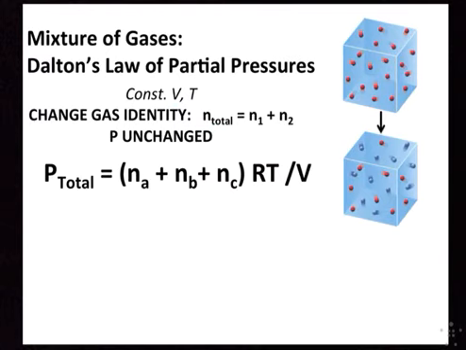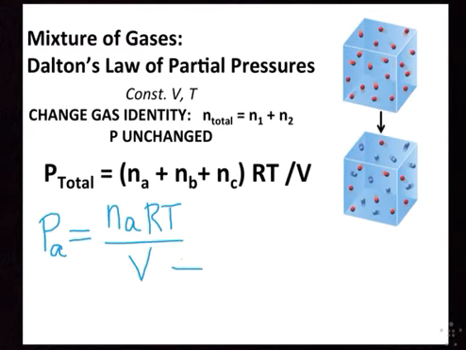So the pressure exerted by molecules of substance A, the partial pressure of substance A, is the number of moles of substance A, RT, over V, where this is the total V,